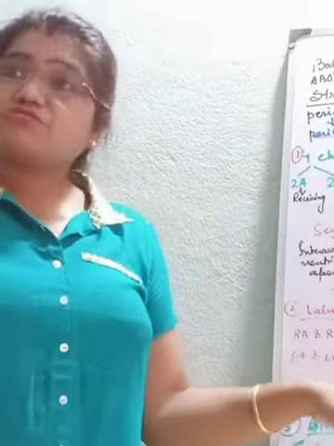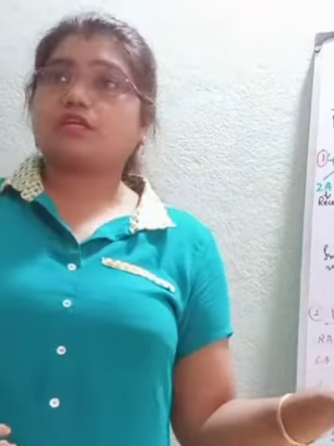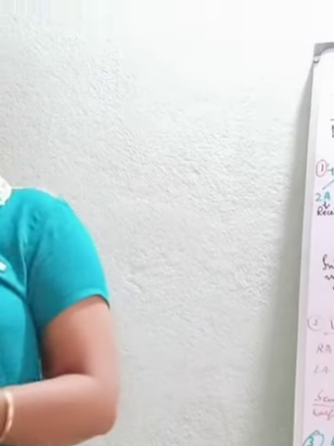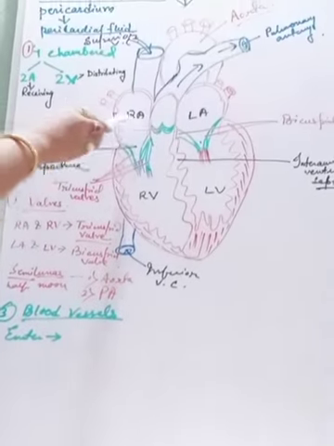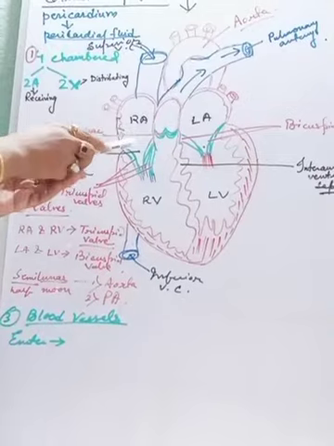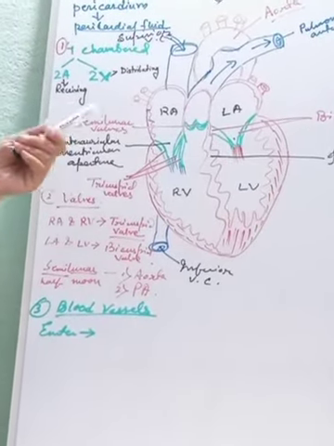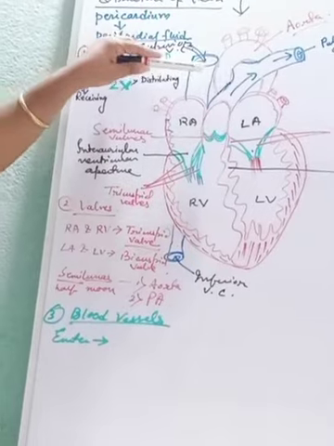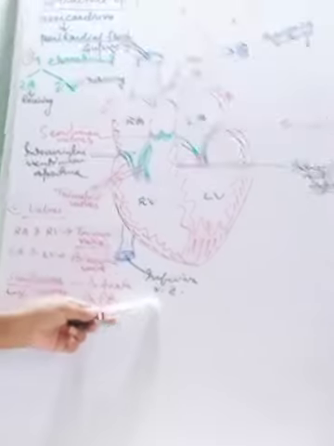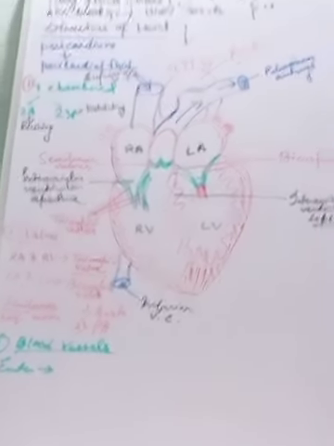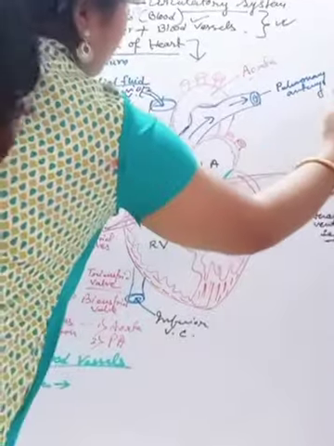On the other hand, the inferior vena cava is also called posterior vena cava or postcaval vena cava. Why? Because they mainly bring the deoxygenated blood from the lower portions of our body, mainly from the abdomen and from the legs. They bring all the deoxygenated blood from there, and then they deliver all this blood to the right auricle. That means they are receiving. So the auricles are the receiving chambers, and the vessels that give the blood to it are the superior vena cava and inferior vena cava. Clear?